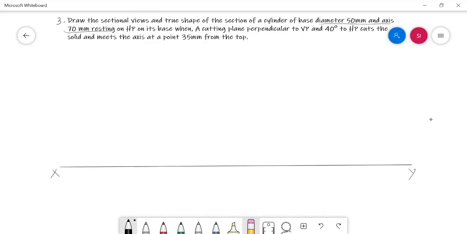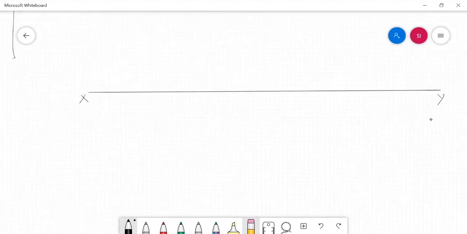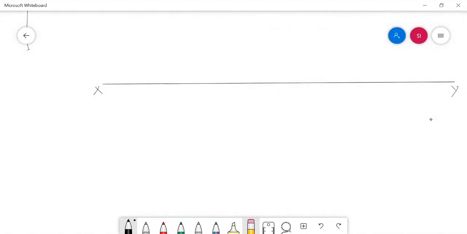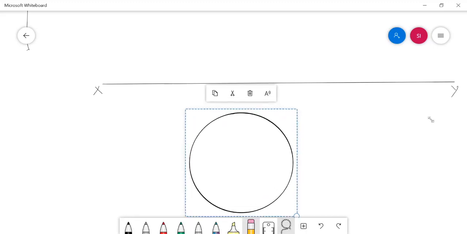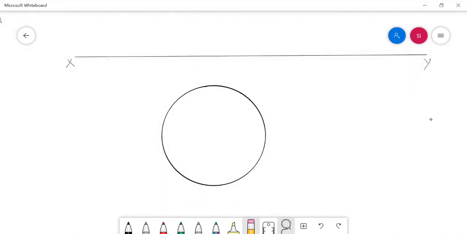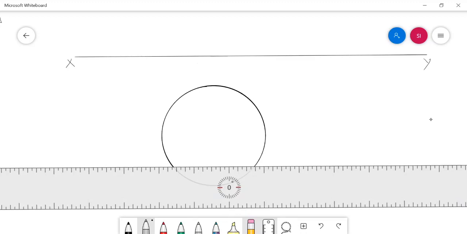The diameter of the circle is 50 mm. So with the 50 mm diameter I have drawn a circle, and as usual I have to split it into 8 equal parts in order to mark the generators.